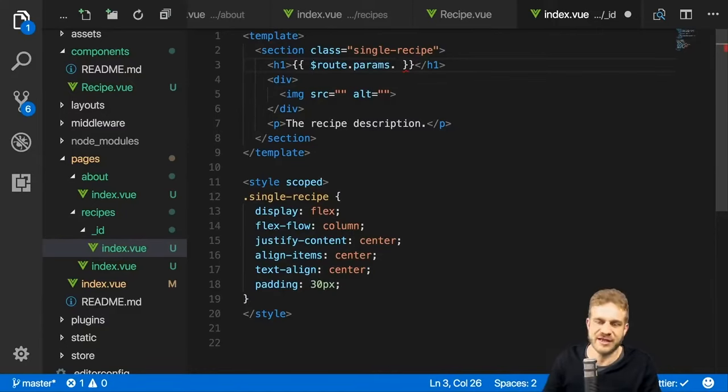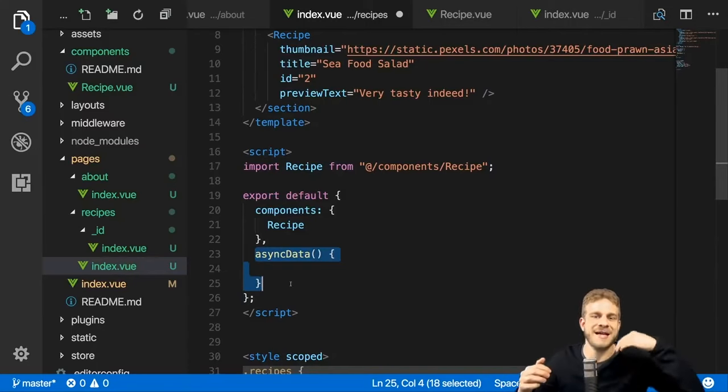It also initializes your component with some data. But asyncData is actually executed on the server as well. So if you're in single page mode and you're clicking around, it's executed with each click on the client. But if you're sending a request for a page for the first time, as explained at the beginning of this video, then you will actually execute the code on the server to fetch all the data which needs to be rendered on the page in advance on the server before returning the page,